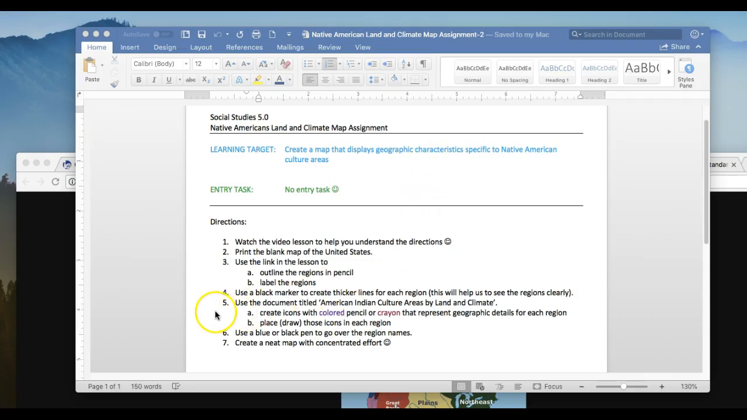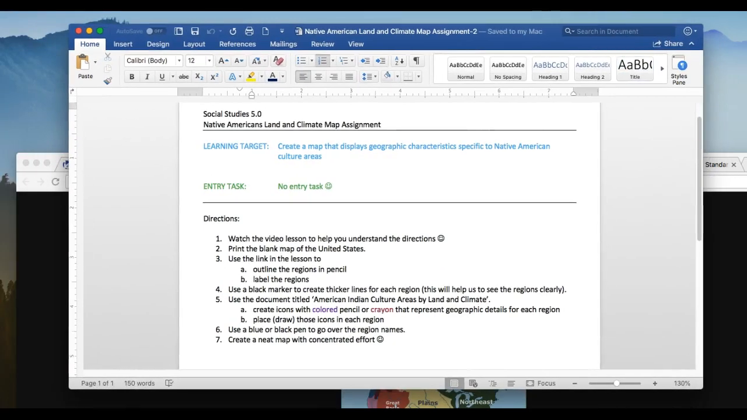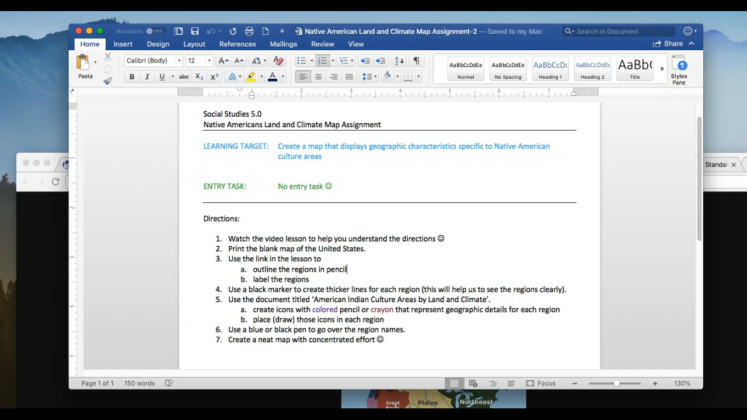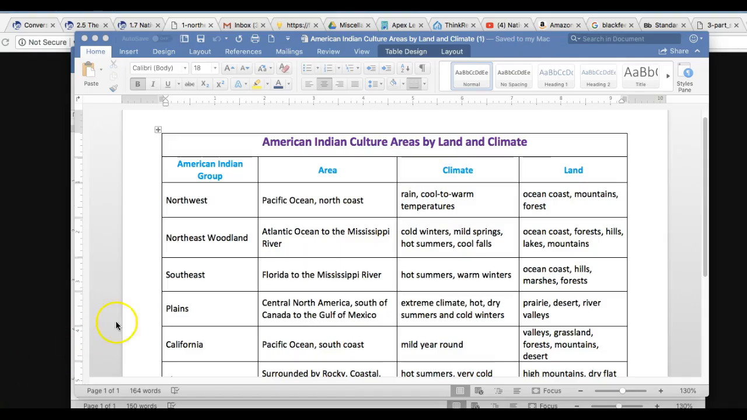We're going to go to number 5. It says, use the document titled American Indian Culture Areas by Land and Climate. That is the table. Nope. Sorry. I think I clicked out of it. Here it is. Okay, so you are going to be using this table,